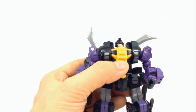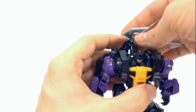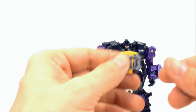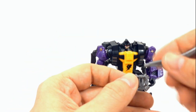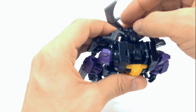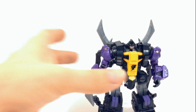I tend to like posing him like this, where you take, so you have this post right here. You're gonna want it on the top. And this is how I usually do it. Take this, go like that, and then you go like that, and you can take it and tab it onto his back, and it kind of looks like he has his pinchers sticking out of his back, or they're supposed to come out right here, but